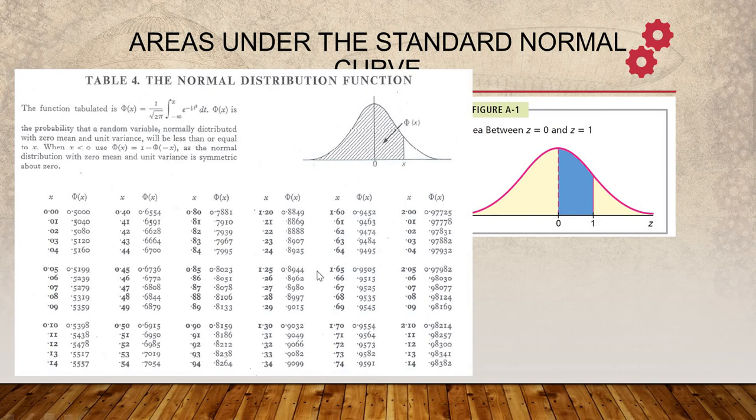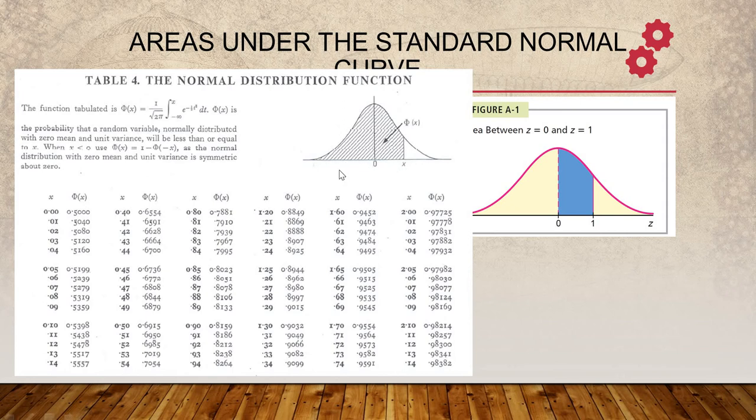Whatever values we have here, if you look at the left hand side, you have two columns. The left column will show the value of x here underneath. The right column will show the area under the curve to the left. But the Cambridge statistical table will only give you the positive table. Positive means the x values are from 0 to the right, 0, 1, 2 until 3.